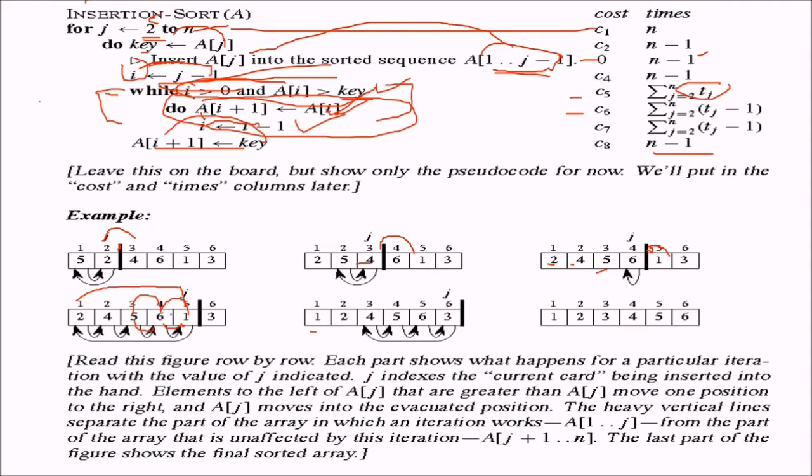And once we find that these values are placed in the correct position, we shift this heavy line here, and we see 3 and 6. But to our surprise, 6 and 3 will be shifted. Okay, 3 is small, but 3 is less than 5 also, so we have to shift it again. And 3 is less than 4 also, so we have to shift it again. And finally, after this shifting, the sorted array is like this.